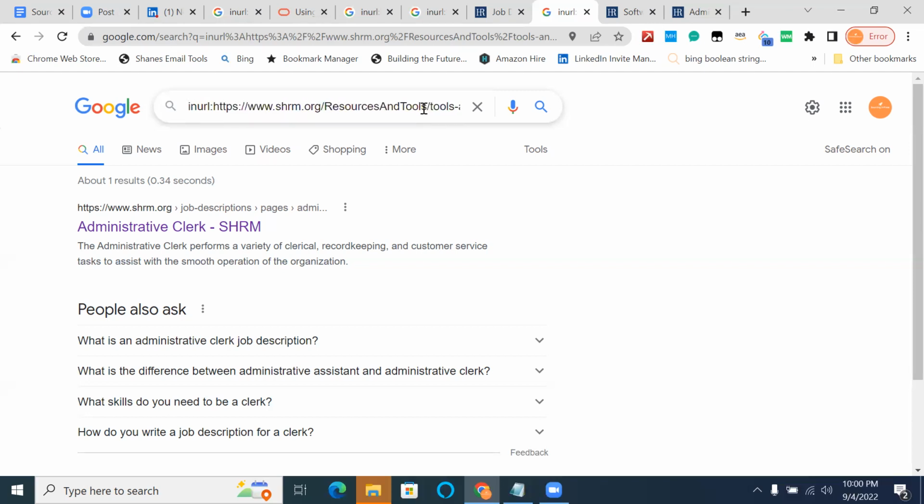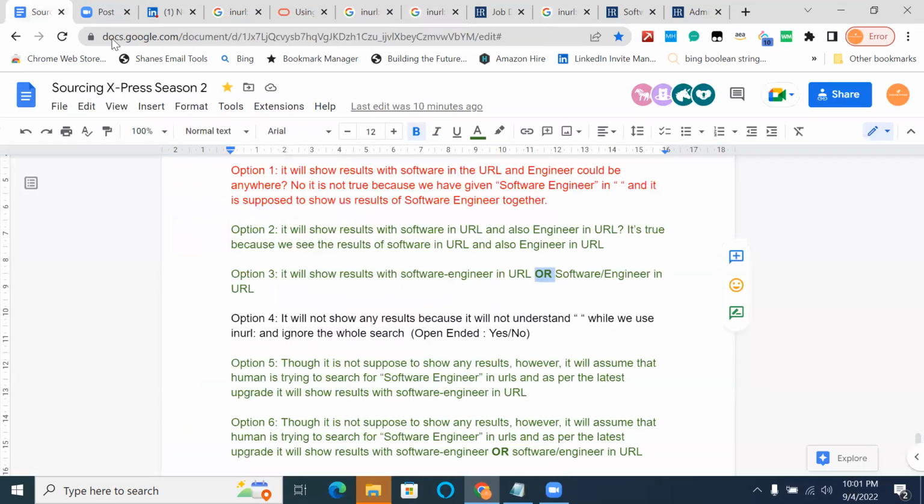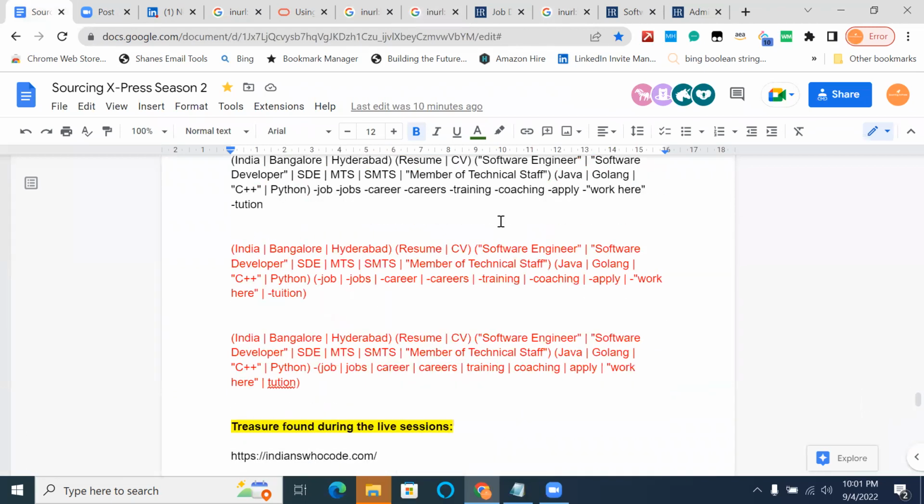Beyond 32, when we go in our future sessions, we'll go beyond 32. What will happen when we go beyond 32? It starts ignoring the word which has the least results, and it will ignore that particular word. Got it. Yes, you had said this in the last session. Yes, I do remember. So it will ignore that particular keyword.